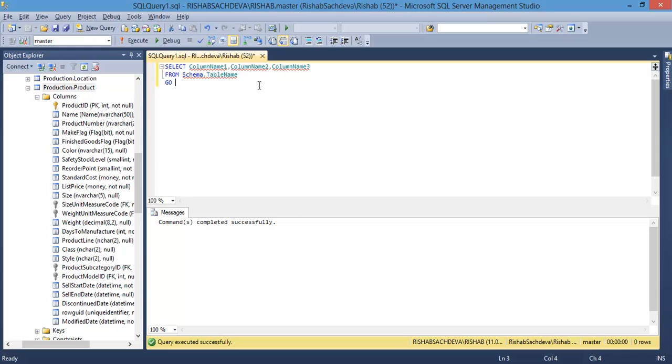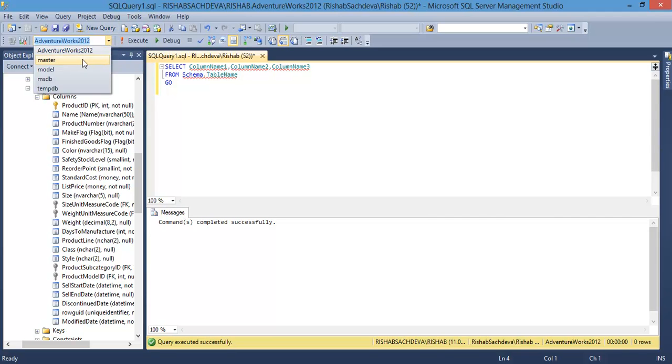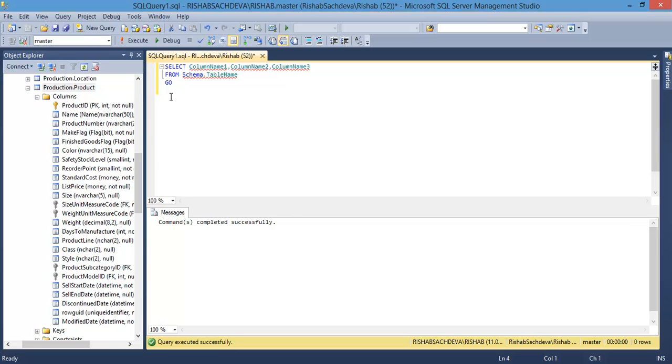Now we need to learn how we can connect to our database, so we can run queries against it. For this course, we are using the AdventureWorks 2012 database. There are two ways available to us to connect to a database. Firstly, you can select the database from the available databases drop down, so I can simply select AdventureWorks 2012. Another option available to us is, let me just reselect the master database, and on the query window,